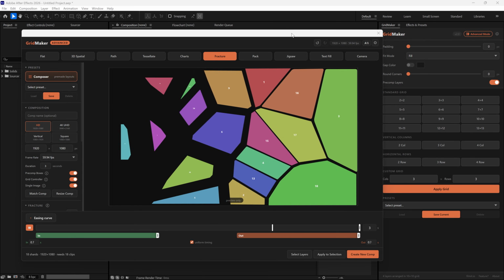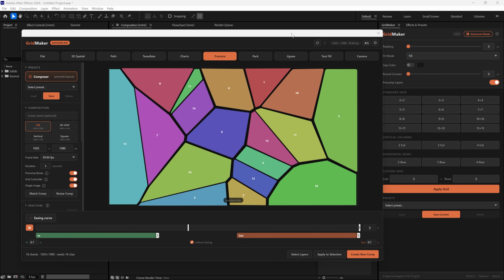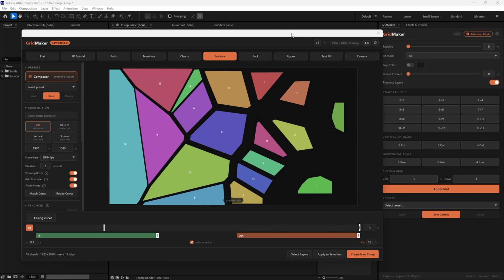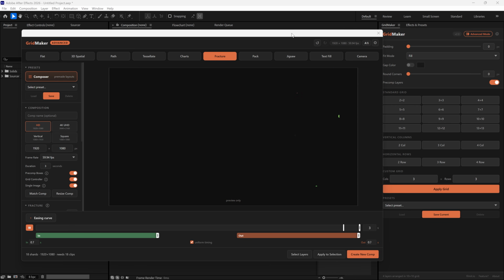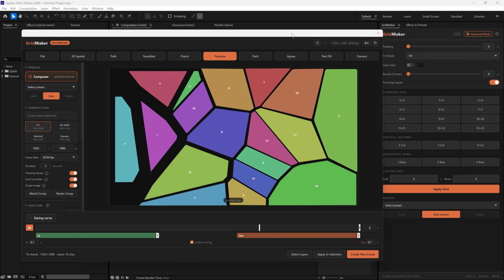What is up guys, Max here, and welcome back to another quick and easy tutorial for After Effects. Today we're learning how to make fracture grids inside of After Effects using a very cool tool called GridMaker from